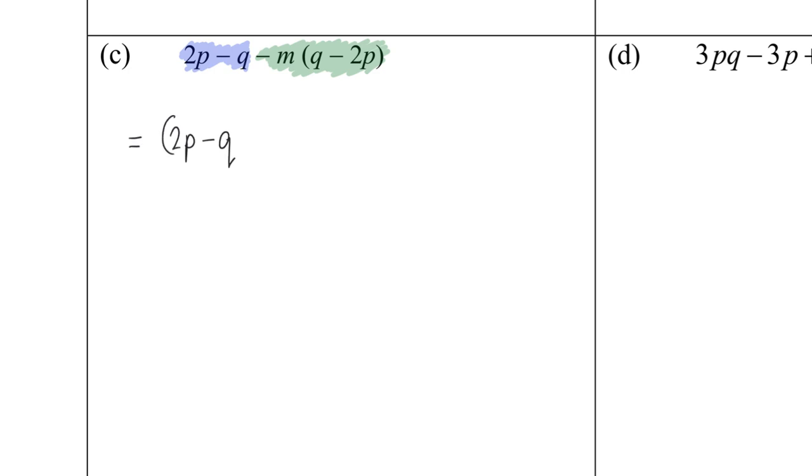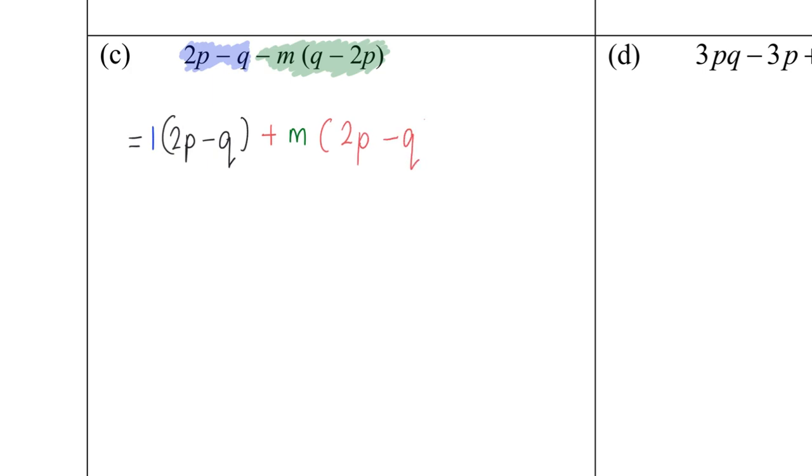If I were to put it as a bracket, there's actually a 1 in front. 1 times 2p is 2p, 1 times negative q is negative q. Why does Mr. Tan do this? Because Mr. Tan is going to put a positive, still got the m down there, but I will have a 2p